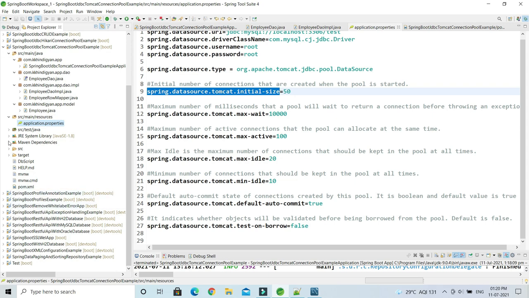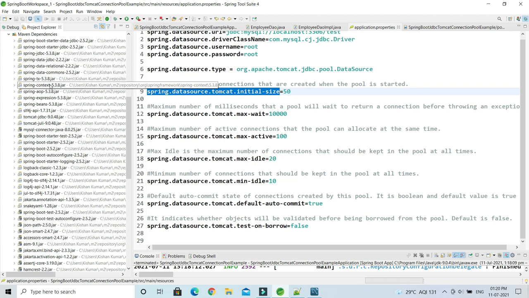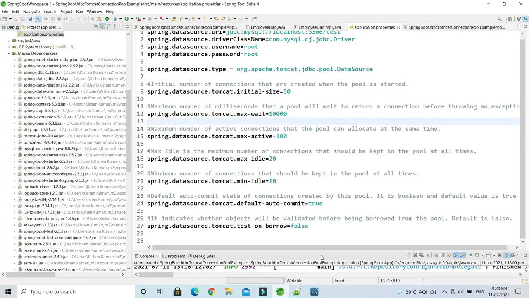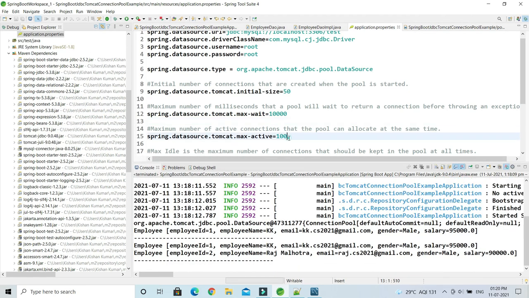If I expand this Maven dependency, you see the JDBC Tomcat dependency, version 9.0.48, which I believe is the latest Tomcat we have as of now. That dependency has been added, and that's how we can configure Tomcat connection pool in Spring Boot 2.